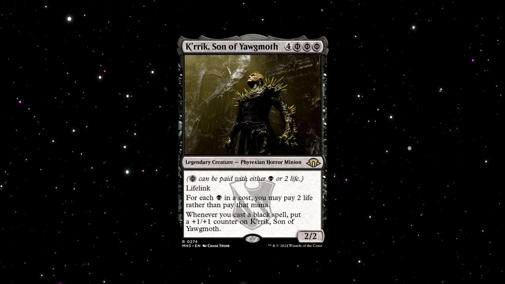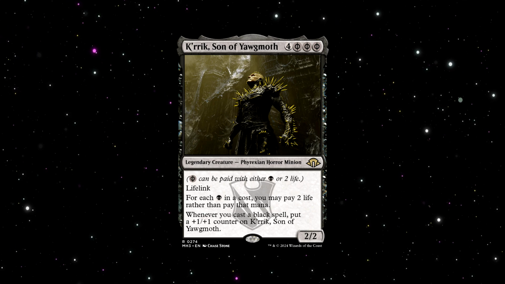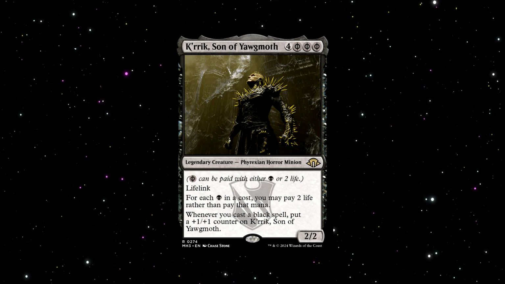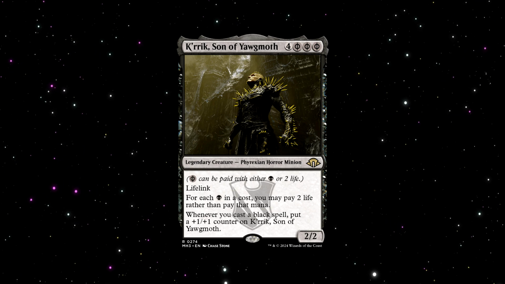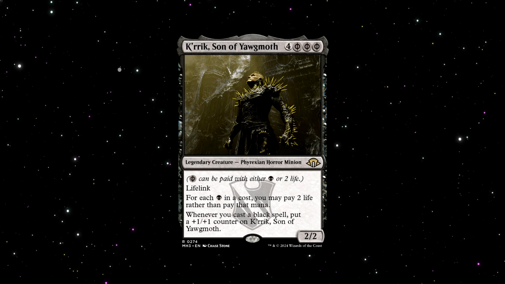For example, you can use your life total as a resource to cast multiple spells in quick succession, overwhelm your opponents with early game threats, or even combo off with cards that synergize well with life payment. The key is balancing your life total carefully, as paying too much life can leave you vulnerable. However, with the right support like life gain or cards that reward you for paying life, Kirik becomes an unstoppable